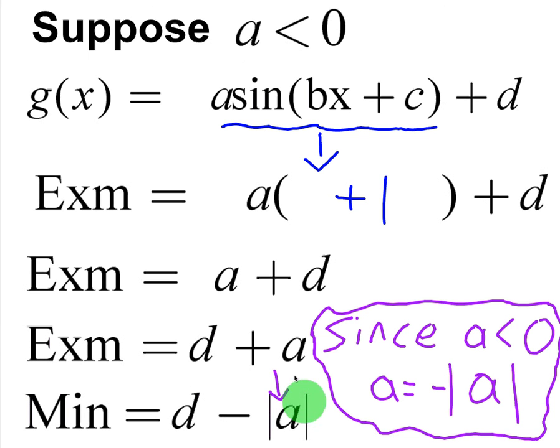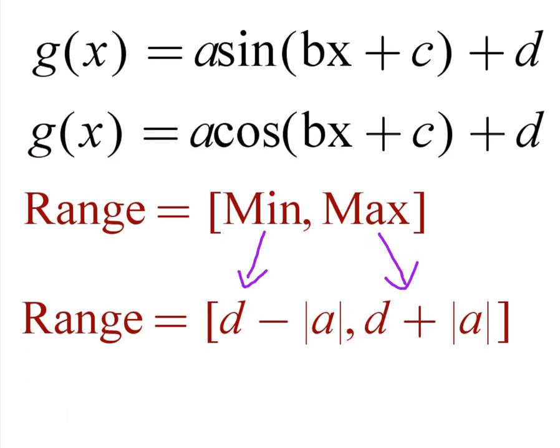And this demonstrates that when a is negative, if I'm looking for my biggest value here of 1, I end up getting my minimum of d minus absolute value of a, and that's because a flips the graph, and the top becomes the bottom, and the bottom becomes the top. So the minimum will still be d minus amplitude. So either way,